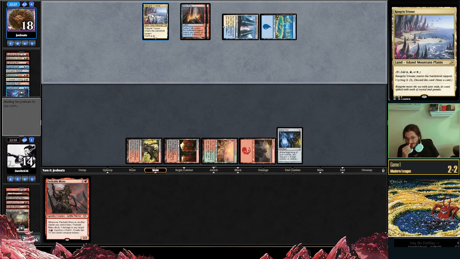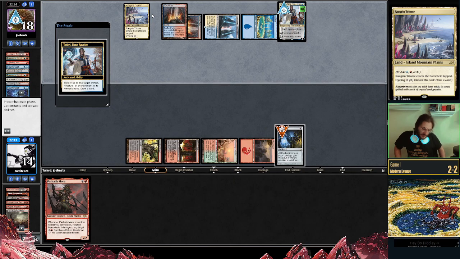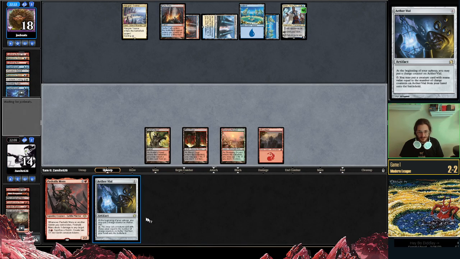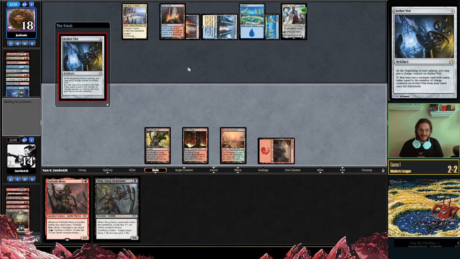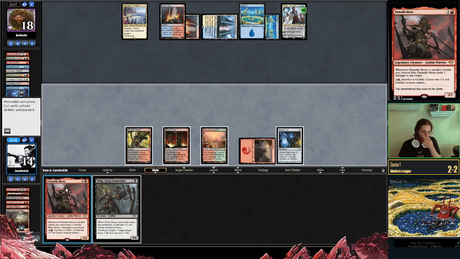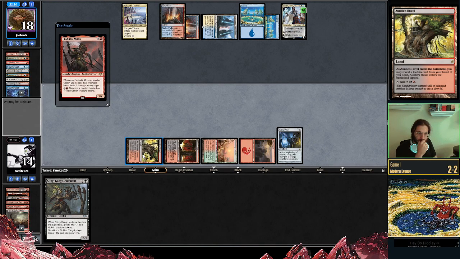But if they Teferi bounce our Vial, we're a little bit fucked. There you go. A little bit fucked. They could have waited a turn. But here's probably a Counterspell. So we gotta draw a Cavern of Souls. I mean, I didn't have to cast this into Archmage's Charm. They may just be out of counterspells. But even if they're not, and this is Archmage's Charm,